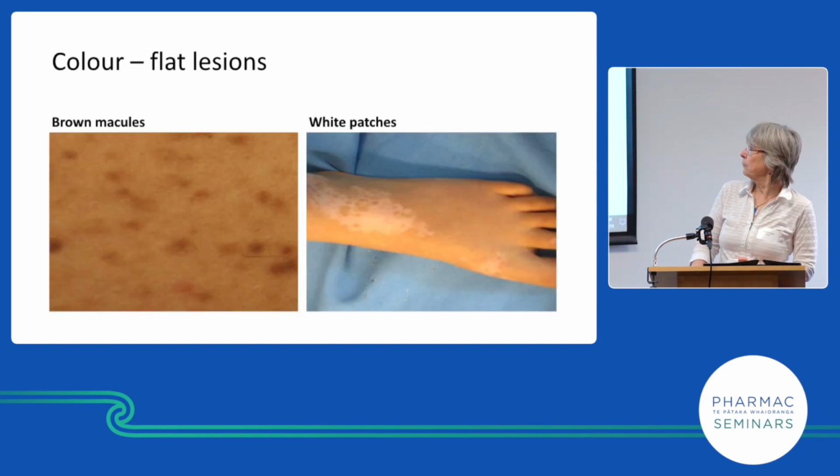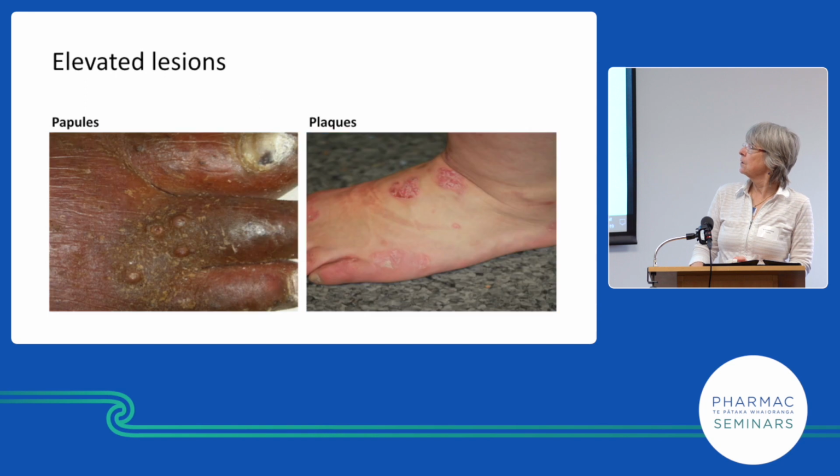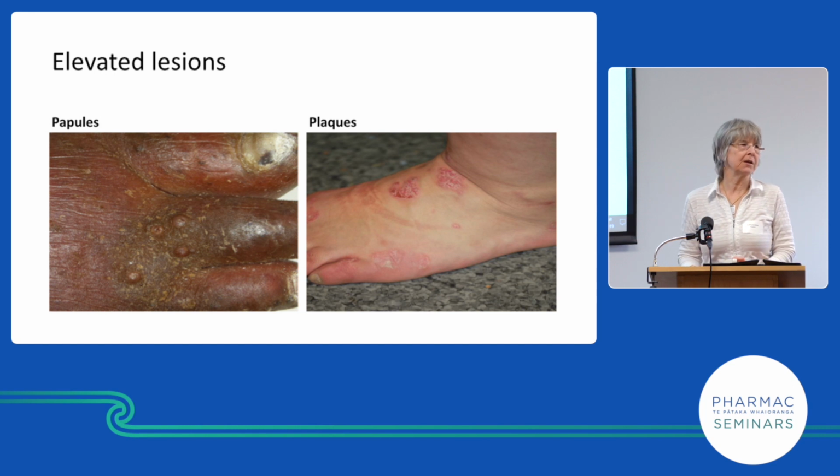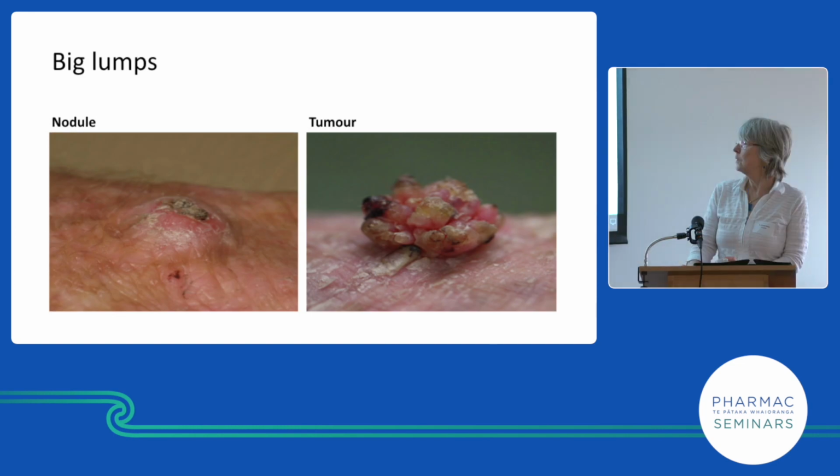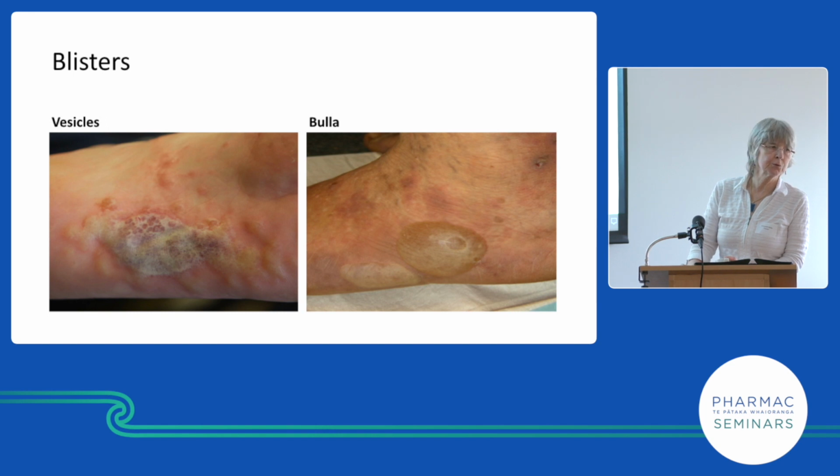So, here's some macules. They're brown on the left, and we've got a white patch with brown macules within it on the right. We've got some papules which are elevated on the left, and some plaques which are flat-topped palpable lesions on the right. Shall we have nodule, tumour, vesicles, bulla, or bully,